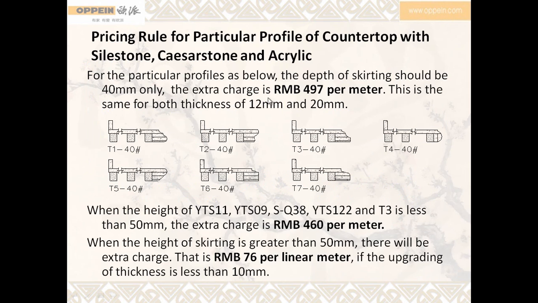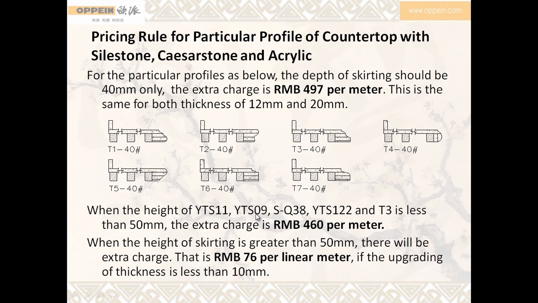Pricing rule for particular profile of countertop with silestone, Kisastone, and acrylic. For the particular profiles as below, the depth of skirting should be 40 millimeters only. The actual charge is 497 RMB per meter. This is the same for both thickness of 12 millimeters and 20 millimeters. When the height of this type,